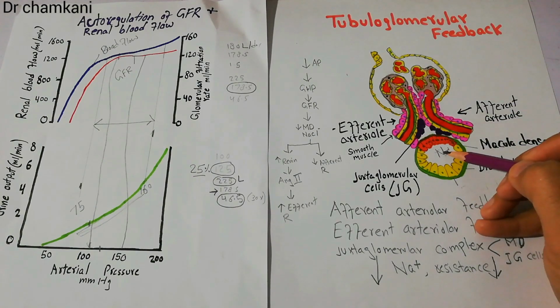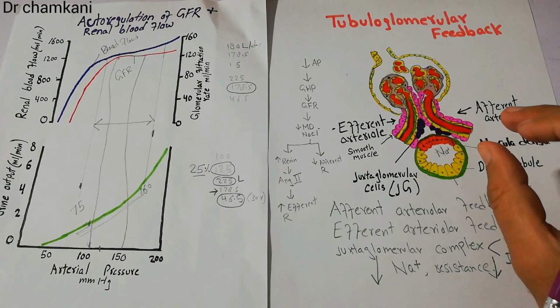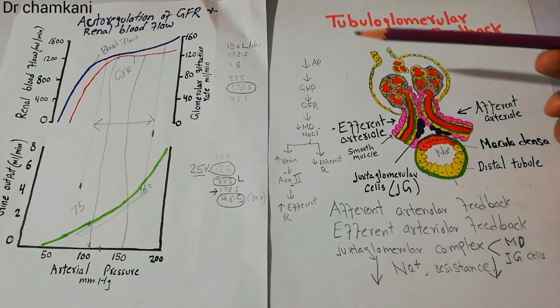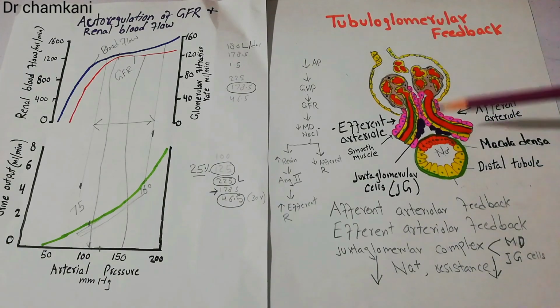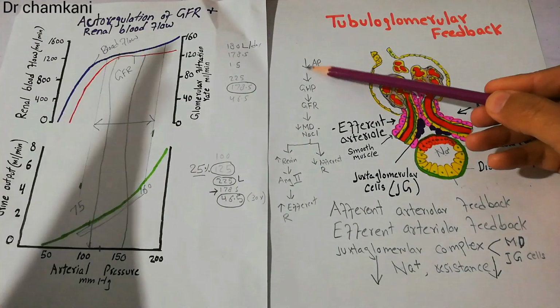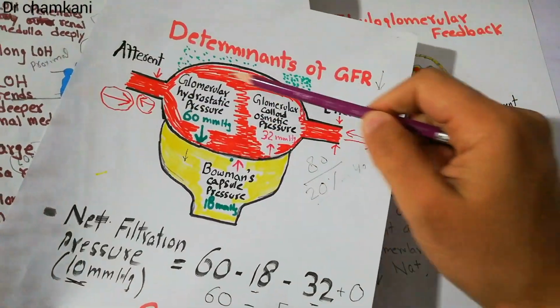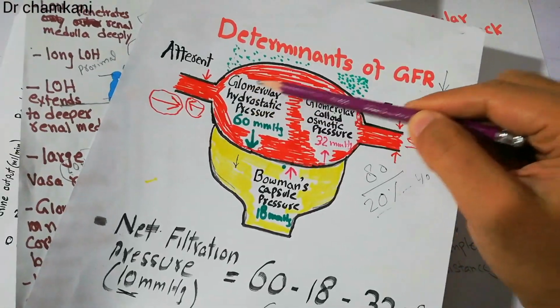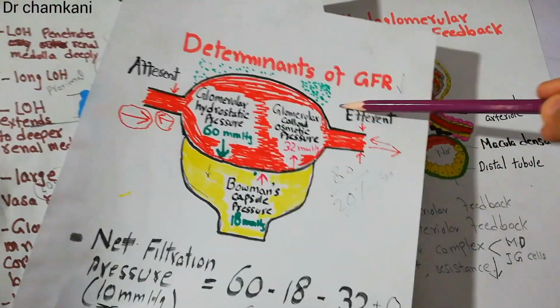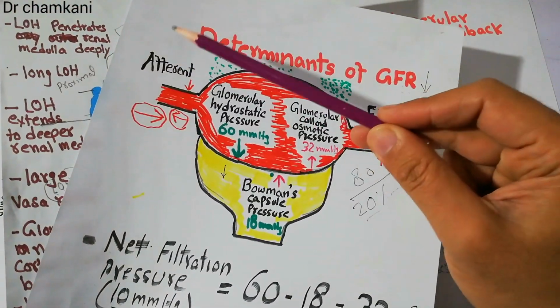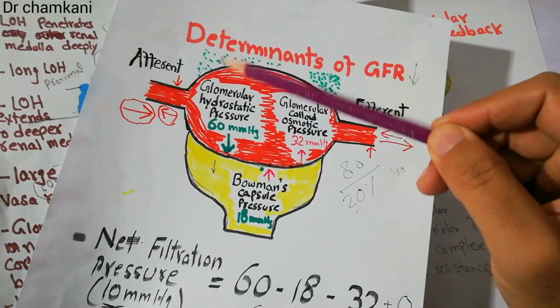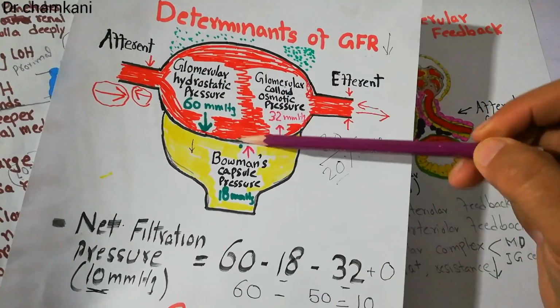Now, whenever the sodium level in the distal tubule drops, it may be due to the arterial pressure. Because when arterial pressure drops, the glomerular hydrostatic pressure drops. Now, we have drawn the glomerular capillaries here, and we have shown the glomerular hydrostatic pressure. Here we have the afferent arteriole, here we have the efferent arteriole. When the arterial pressure drops, the pressure in the afferent arteriole drops, the glomerular hydrostatic pressure drops, and